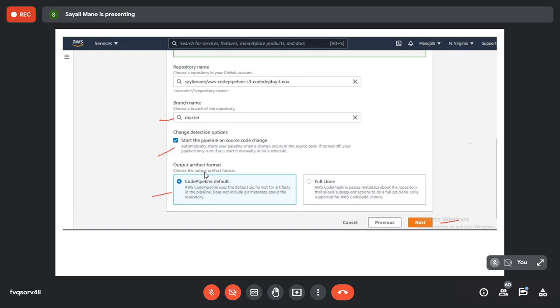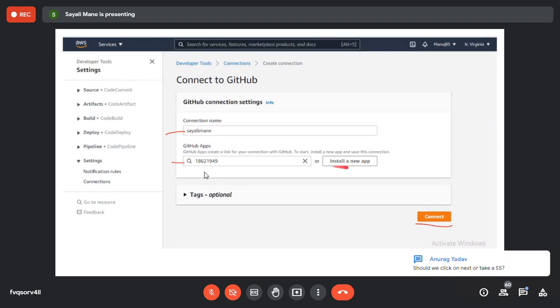In the meanwhile, please help your respective friends also. Just check whether they have missed any point. Have you installed that app? This one? Yes, ma'am. Install a new app. Have you created a new app? Yes, I've got the code. You got the code also.